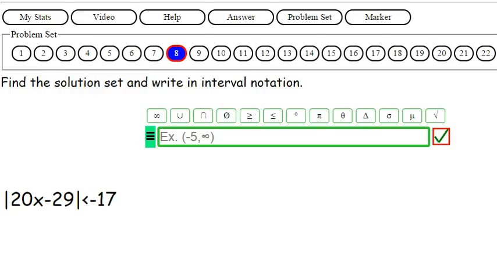Okay. Let's take a look at this. We've got the absolute value of 20x minus 29 is less than negative 17. What happens when we actually work this out algebraically? That's kind of the question. So let's go over here to the